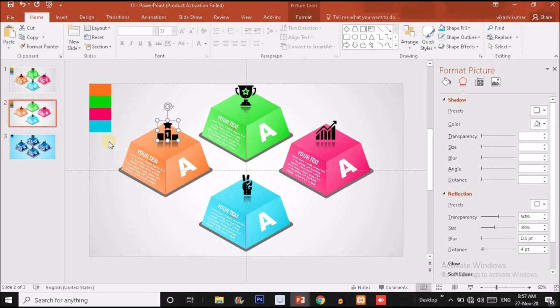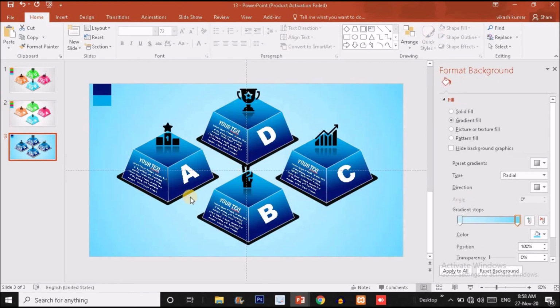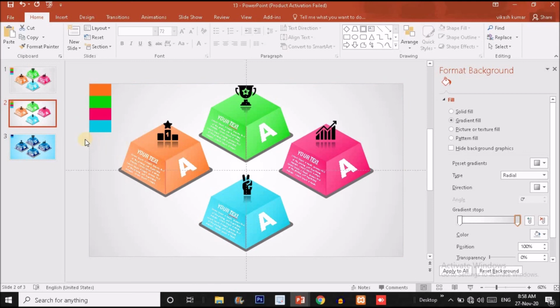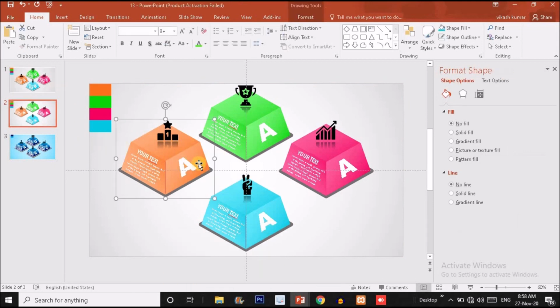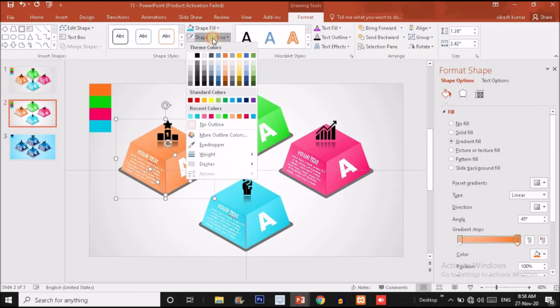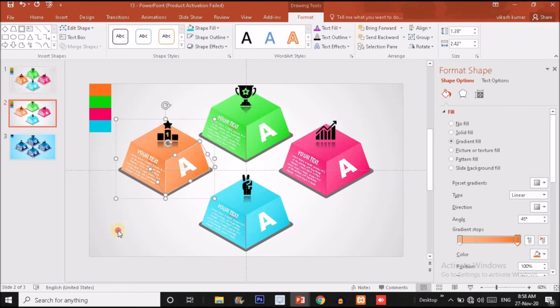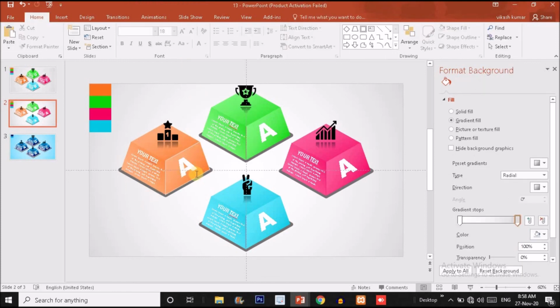So this is how you can create these slides very easily, guys, and use them in your project. And the next slide is something like this, so in this slide you can create it very easily. One more thing you can do in this particular slide, you can give outlines to these shapes to give it a pleasant effect, like I'm showing you. I'm using this, so you can use the outlines there also, or without outlines it also looks very good, guys.